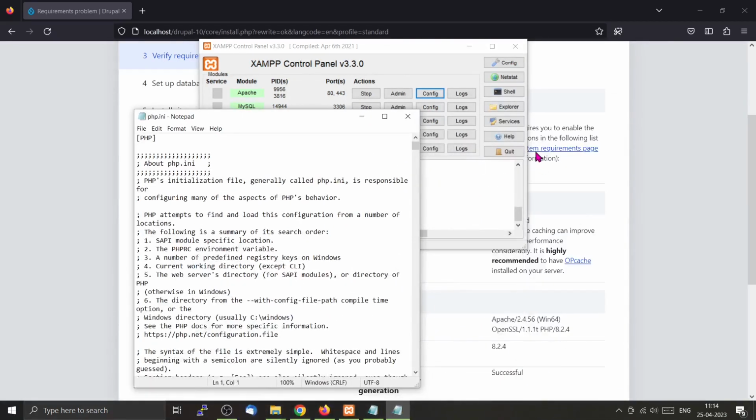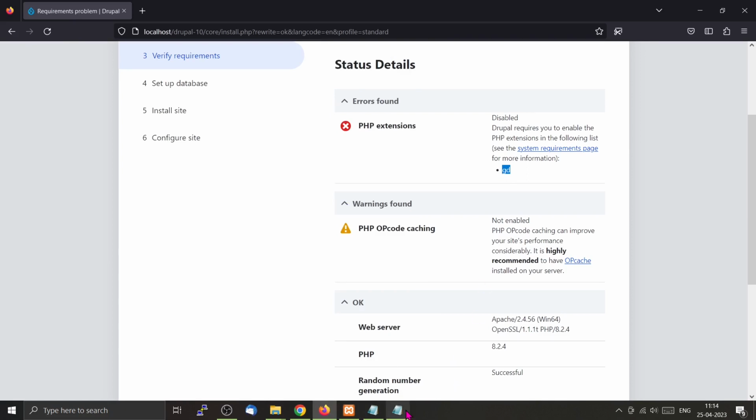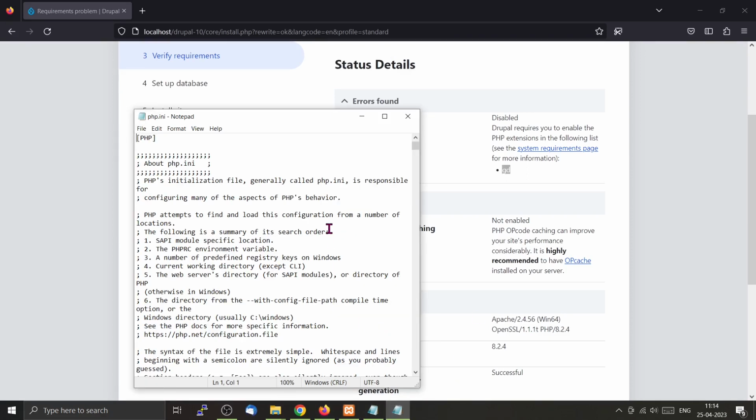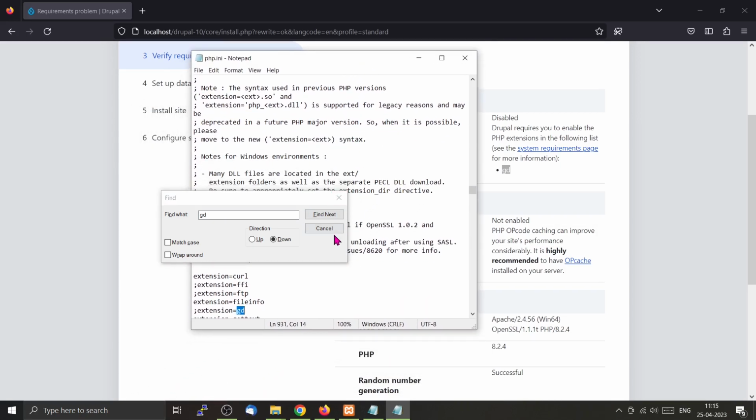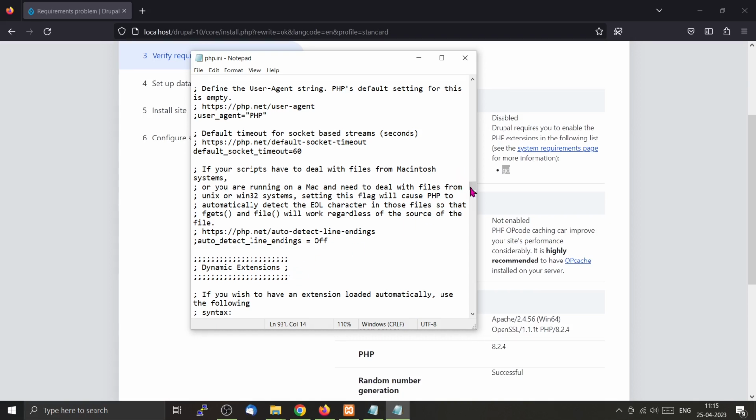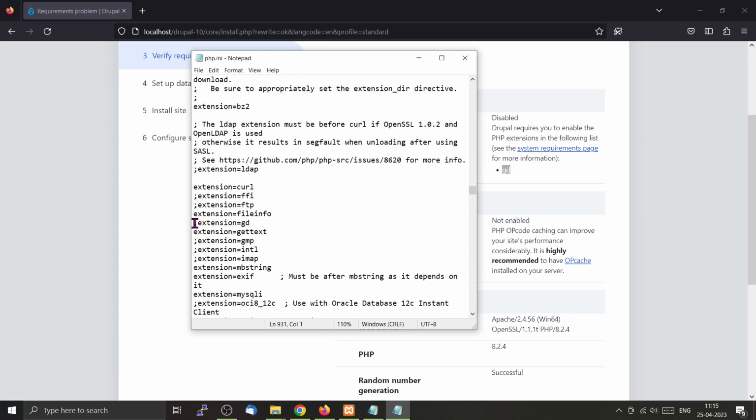And from that, you have to find GD. So you can search for it. Just search GD and you can find it here. You can see that this is commented out, so you have to remove this semicolon. And you have to save the php.ini. So we are not using the semicolon here. It should be extension equal to GD. Now we will save the php.ini file, and then we have to restart the Apache server to make sure that